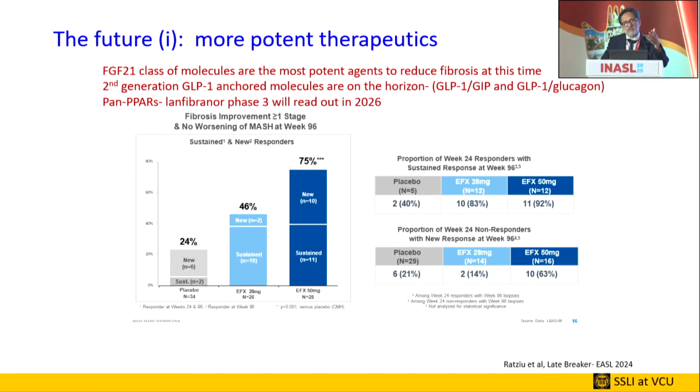And it is in phase 3 right now. And of course, these phase 2 data will need to be confirmed. It also teaches 2 other things. First, that it is a long game. Everybody is in a rush to find their answer in 6 months. But MASH progresses to cirrhosis over a period of decades. It is a long game. And if you wait 2 years, you got the 75% response.